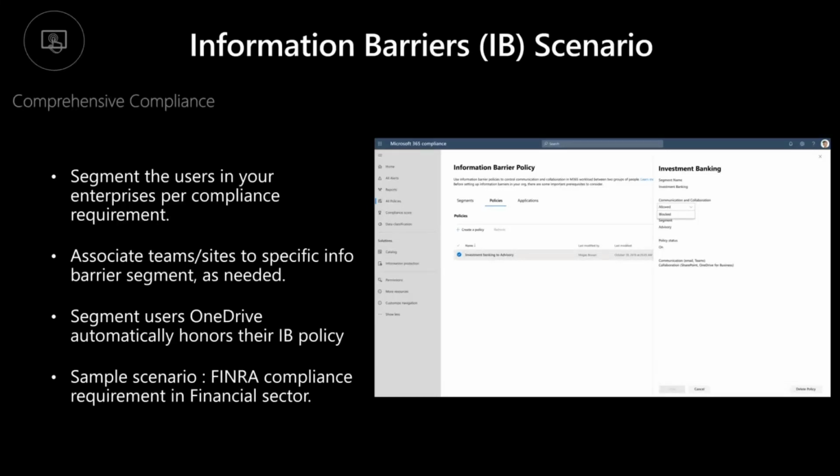And the way you can segment them, and Nikita will walk you through in detail in a minute, is just based on your existing Azure Active Directory properties. So for example, the location of the user or the department property of the user. So you can choose a specific SharePoint or Azure Active Directory property or a security group, and then use that to segment the users. And be very clear, this is the compliance segmentation that you are bringing. So it is very, very critical that it needs to be predictable.